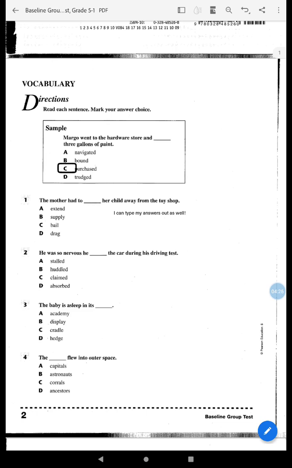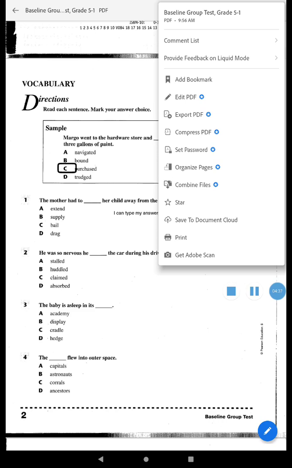All right, great. Now what I'm going to do is go up to the dot, dot, dot, and you see all these little stars. That means that's for the premium edition. We actually don't need anything there. But I am going to click way at the bottom where it says print, and it's got a picture of a little